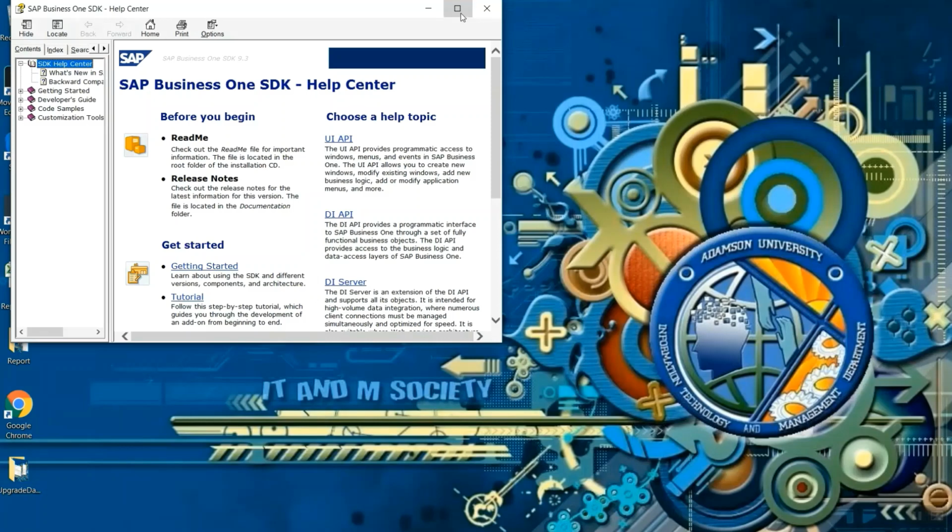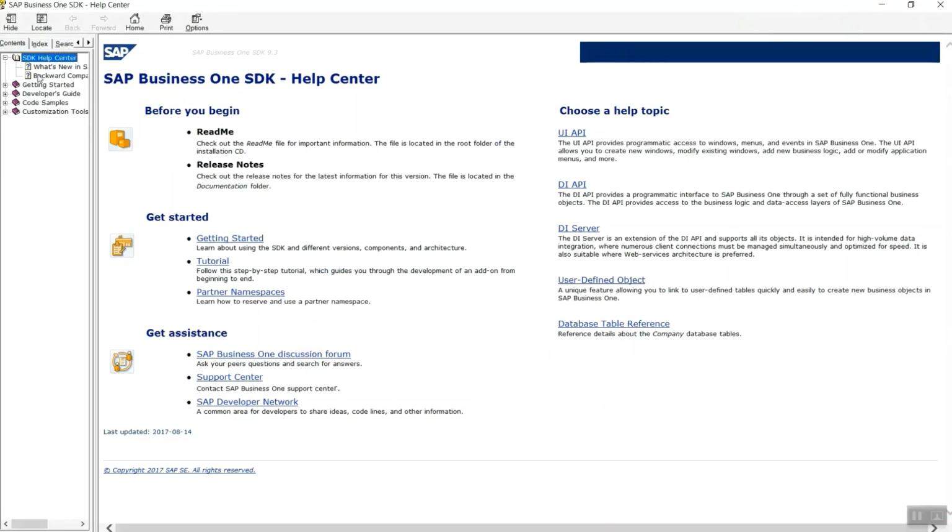Through this software you can study everything about SAP Business One add-on development, because every software has its own SDK through which you study and learn how to develop for that software. Similarly, SAP Business One also has its own SDK, and let me tell you how you will use it.